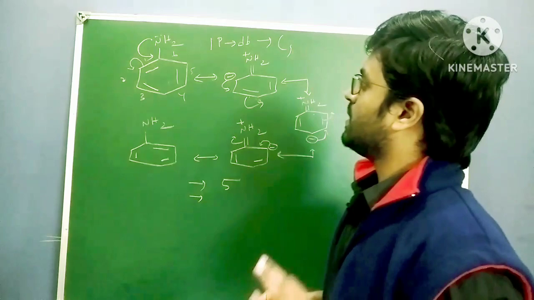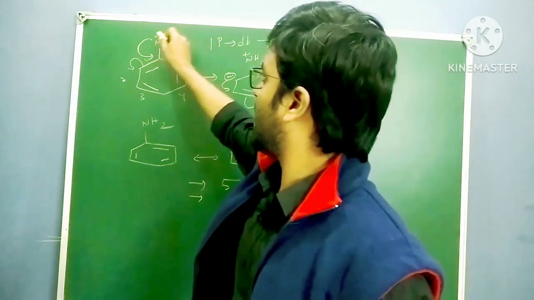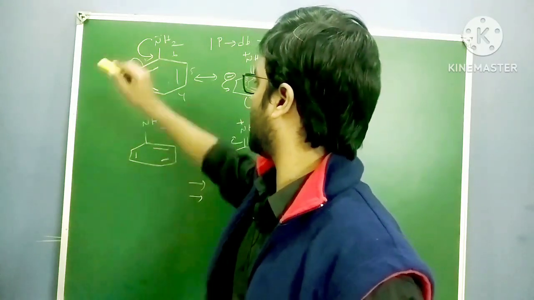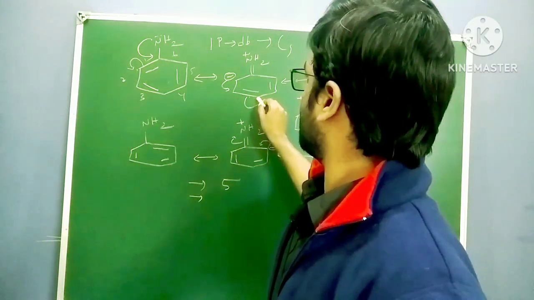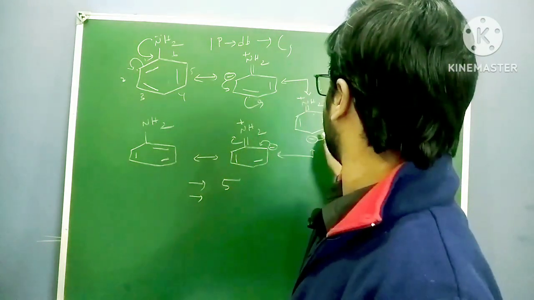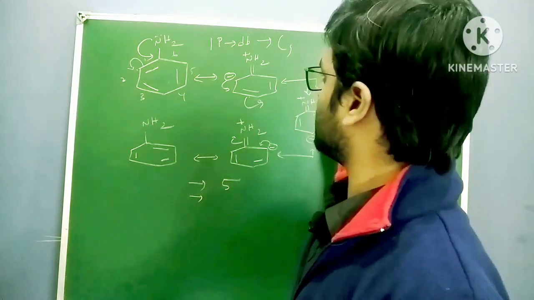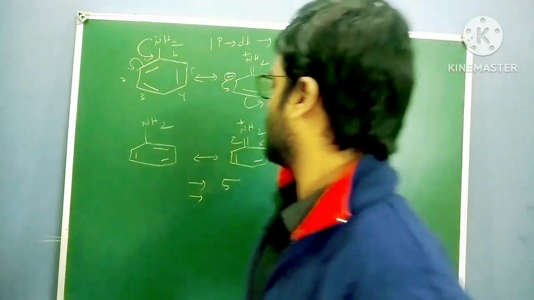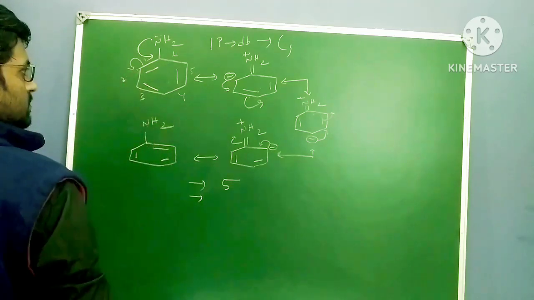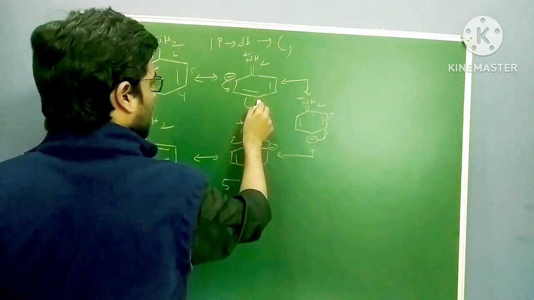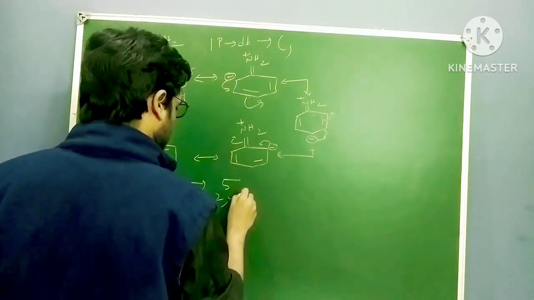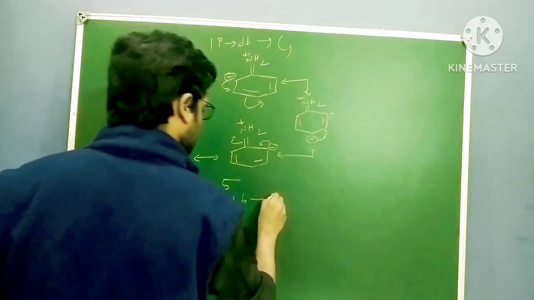Next conclusion. Here if you observe, whenever I have the electron donating group, I have electron density at the second position. First of all, I have it at the second position. Next, this is second position, third, fourth. So the fourth position, and also the sixth position. Okay, this is the sixth position. So at this sixth position, the electron density, if you observe, because here I get the minus because of the electron movement. Next at the fourth position, next at the sixth position. So 2, 4, 6 positions are electron rich.